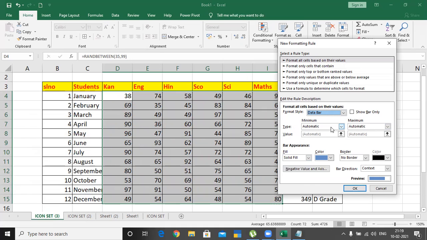So see the condition, minimum value, maximum value. Let it be number wise. So click here and specify the number, minimum 35. Then here I'll take maximum 75.